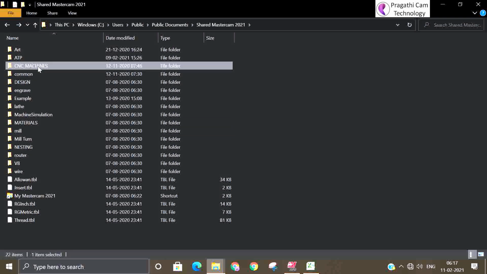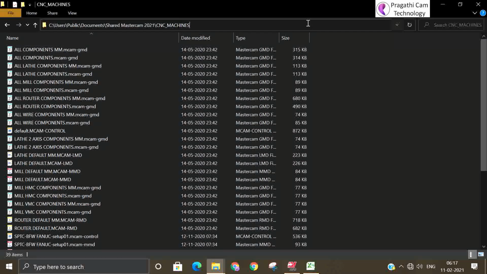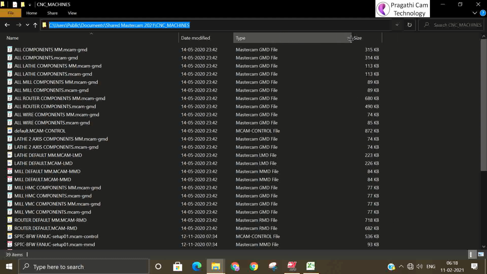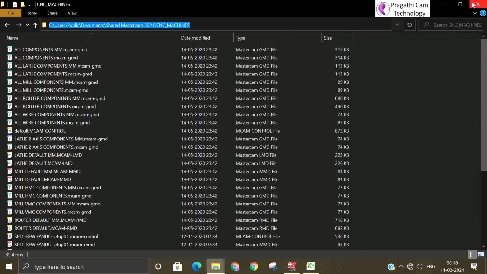For that there are authorized people at Mastercam who will customize and give you the post processor. You can paste the files accordingly, whatever you get from your post processor expert.